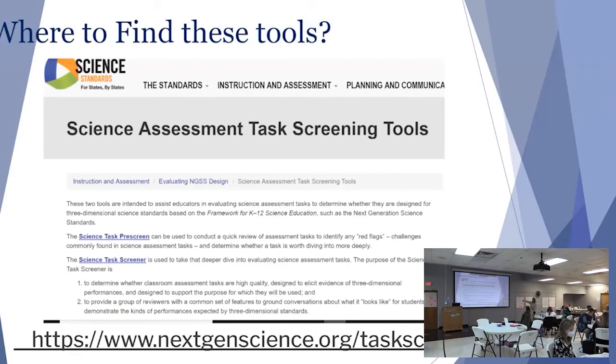When you go to this site, it will take you to the links to the pre-screen and the screener. Then there's the annotations, and when you scroll down, there'll be tasks by grade band. So there are other tasks in there that have been annotated.